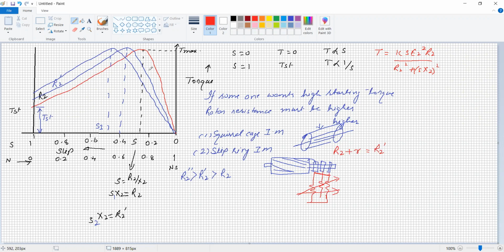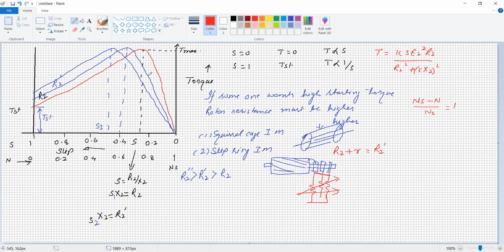So as the slip increases, because of the load, loading the motor, the torque starts decreasing. Now at s equal to 1, (Ns minus N) upon Ns is equal to 1, it means that at standstill condition, that is the motor at 0 speed, N is equal to 0, and when the speed is equal to 0, there is a starting torque. So starting torque is represented over here.